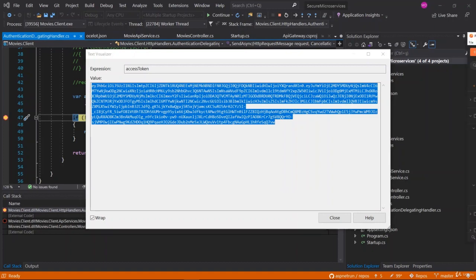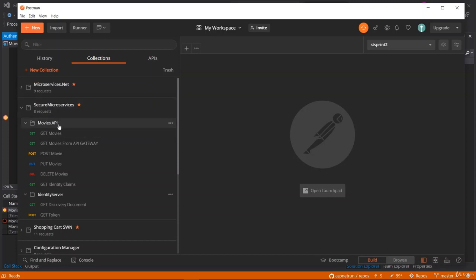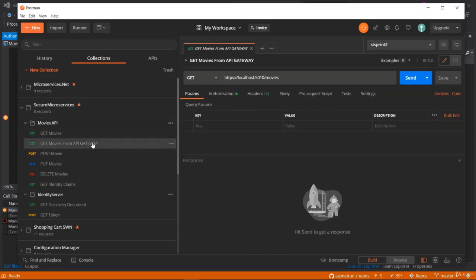For that purpose, open Postman, and under the Postman collection we have a movies API. Under that you should also create a request to get movies from the API gateway. I'm giving it this name. The actual operation is we are hitting localhost 5010 and movies. So we have an authorization, we should provide the authorization. Let me send it now, and it will not return a response. Yes, most probably it is getting an unauthorized error